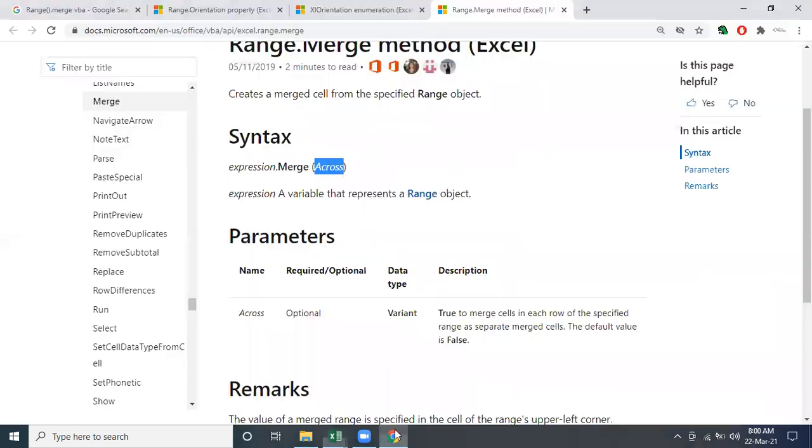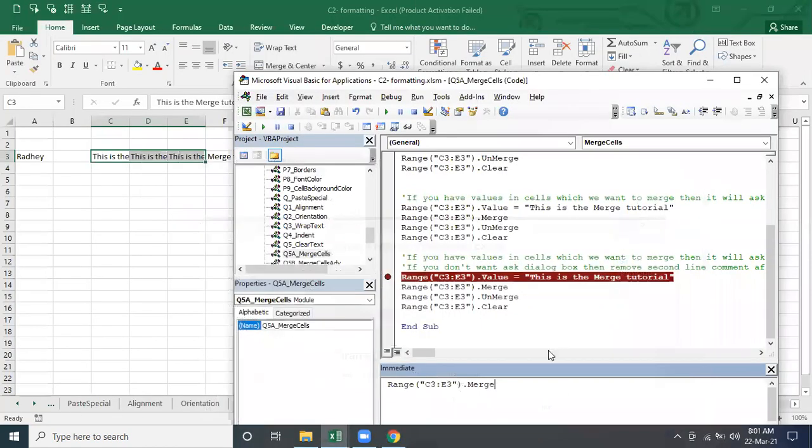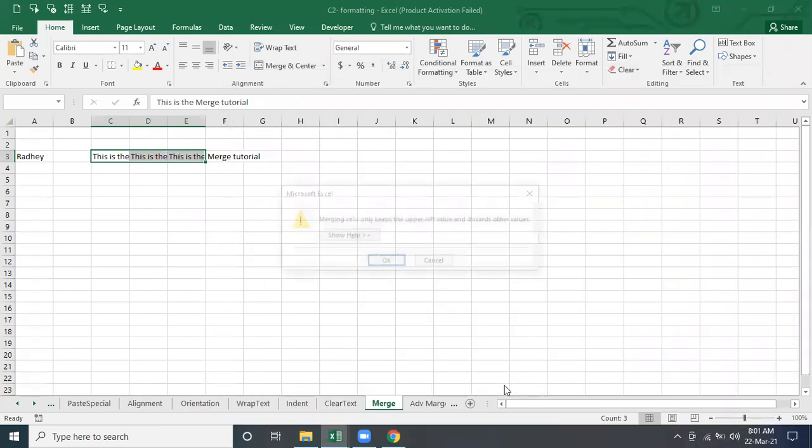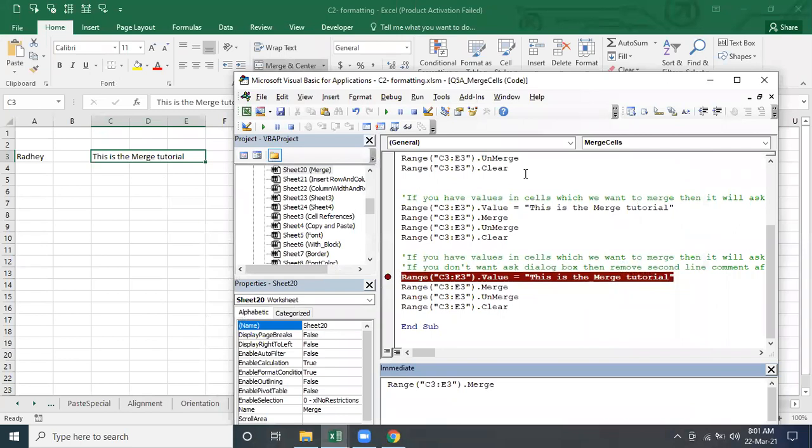But I showed you there are no other options for the center. There's no option for the right, center. Only one option is available, merge across. So by default, it will be across only. So our requirement is to merge and to keep in center. So how can we do that? That's very simple. First, you have to merge. Okay, an error is given. So we have to make it false explicitly first, and then only it will be applicable. This got merged, and then next what you have to do?